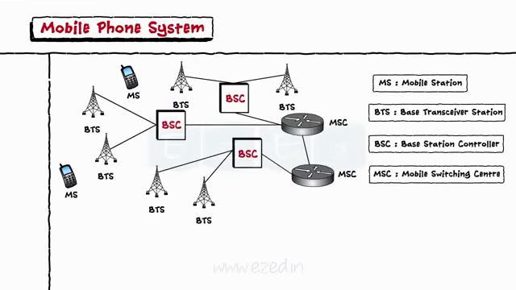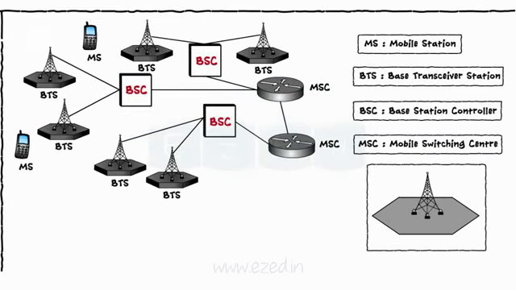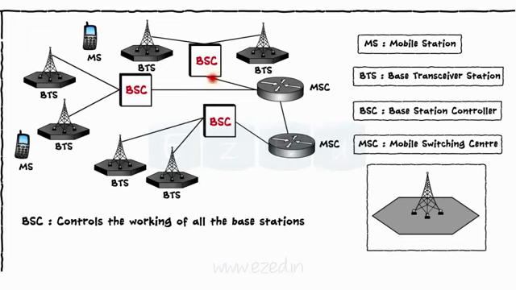In this diagram, MS is nothing but the mobile phone of a user. Every cell has its own base transceiver station at its center. Whenever a call is set up, the first signal is sent to the base transceiver station of the cell. From this base transceiver station, it goes to the central base station controller, which controls the working of all the base stations. From BSC, it then goes to MSC, or Mobile Switching Center, which is the master controller of the